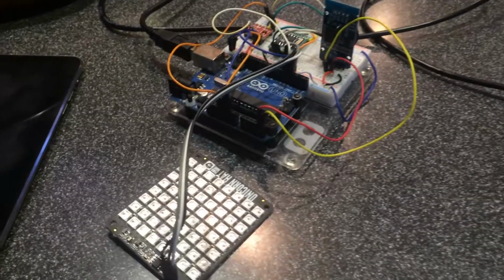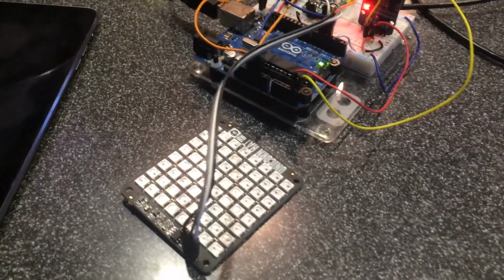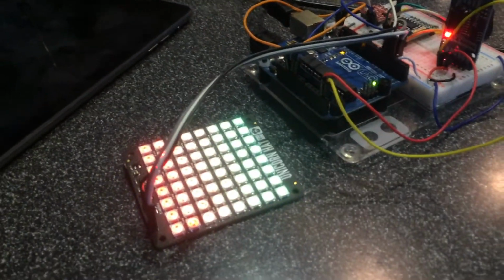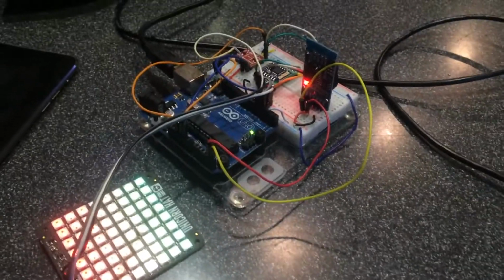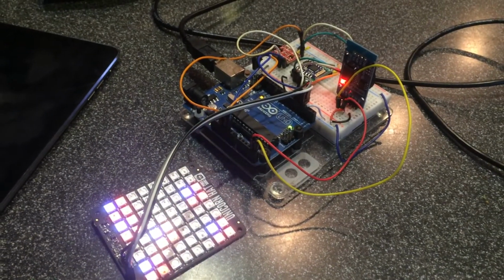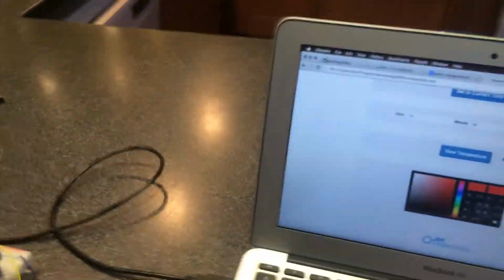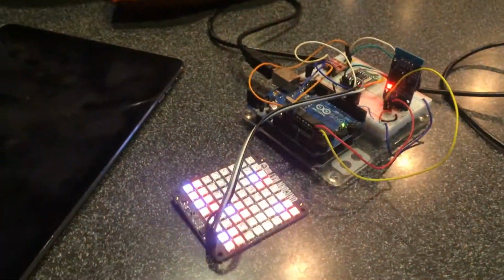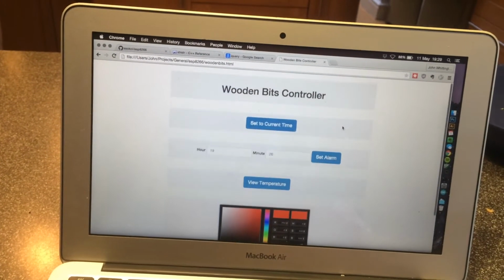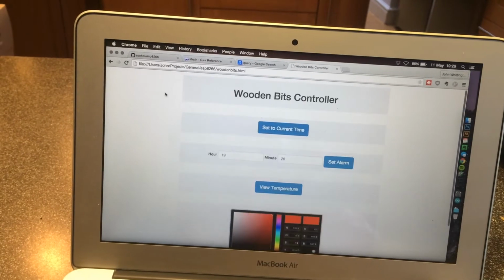Alright, so I'll show you from startup, connecting to it and sending it commands. So if I plug in on USB, it's got a nice rainbow effect, this one. You're starting it up, showing that it's configuring the Wi-Fi chip, setting it up as an access point, setting it up as a server that will accept connections for HTTP GET requests. So this HTML I've written uses a bit of JavaScript to send these requests, interpret the time, things like